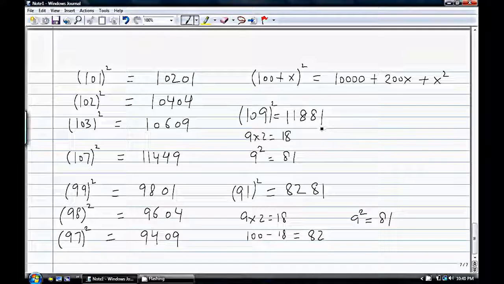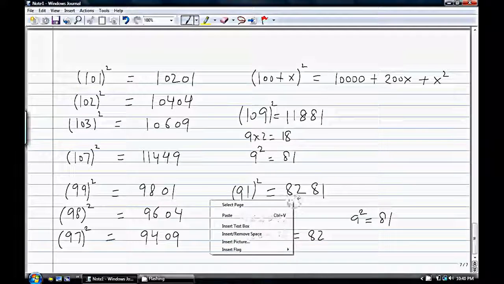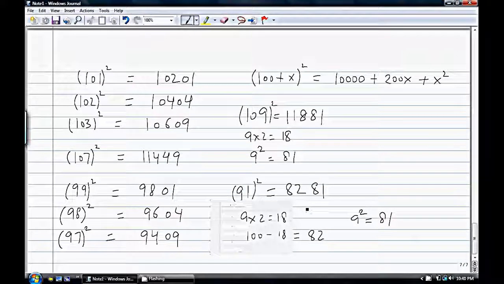So you see that the last two digits are always the same, but in this case we are adding 18 to the 100, and here we are subtracting 18 from the 100. So that concludes